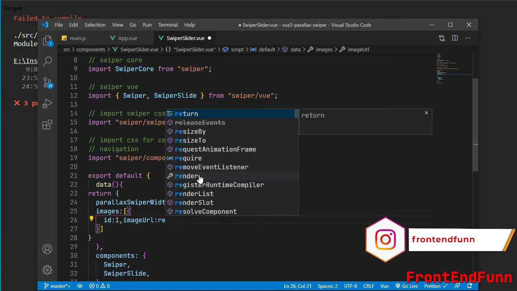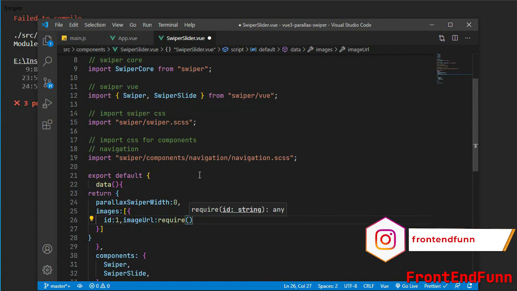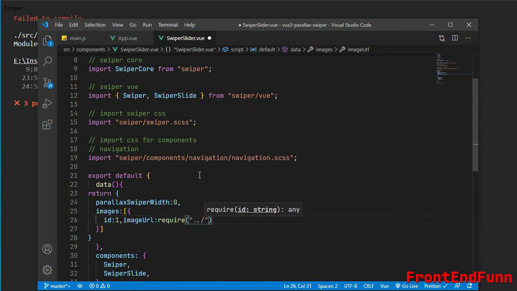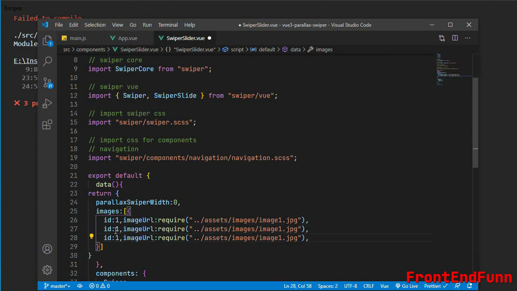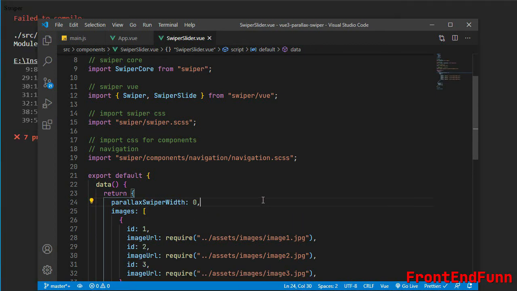The image URL will be require, assets, image, image1.jpg. Let me duplicate this two more times and change the ID to 2 and ID to 3.